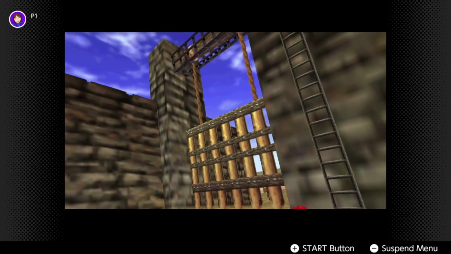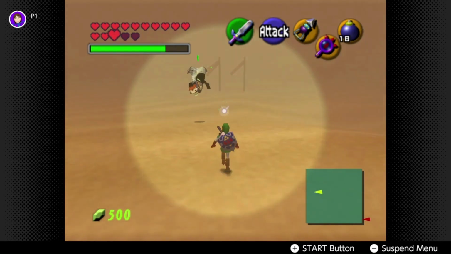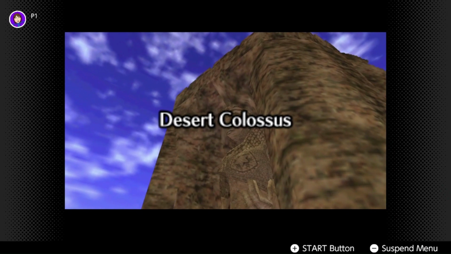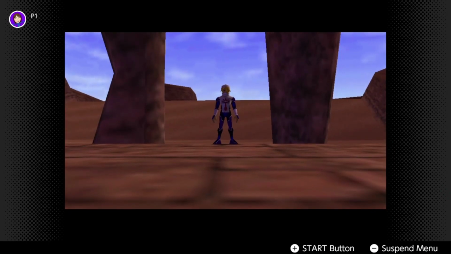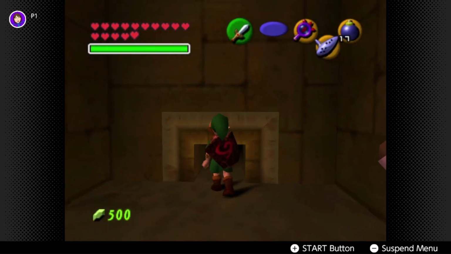We pass this gate, walk past some flags, we follow this ghost. The ghost will lead us to Desert Colossus. This leads us inside the Spirit Temple. It's here we find Sheik. Turns out we have to turn back into a kid and come back to crawl through this crevice to get